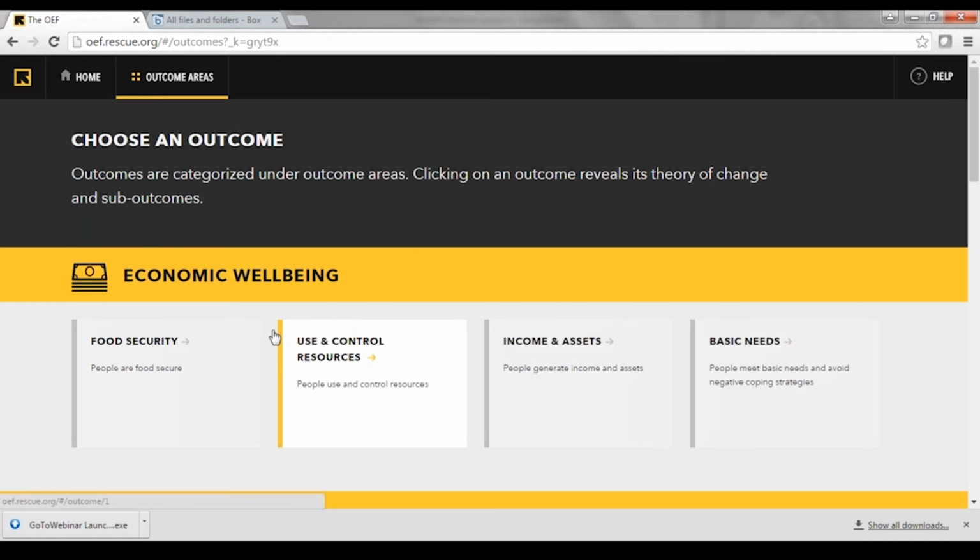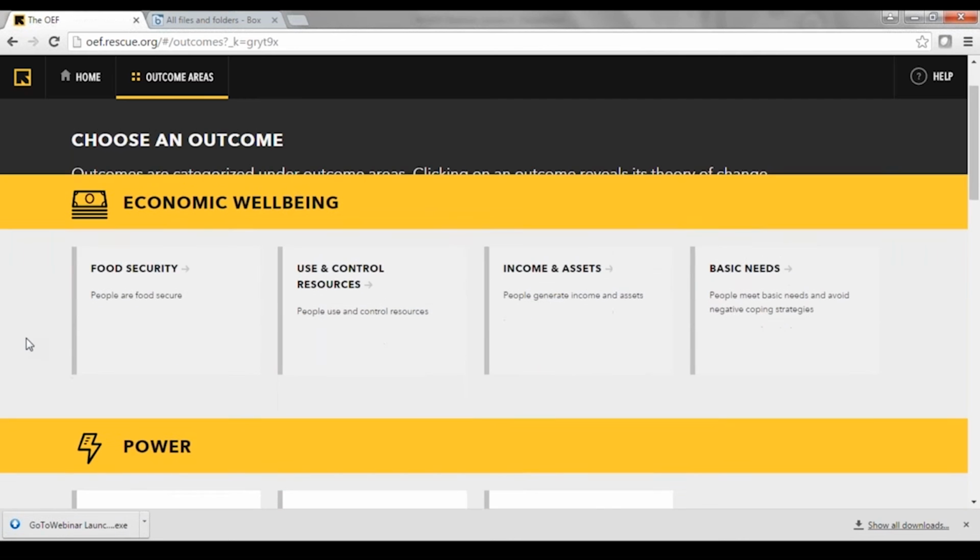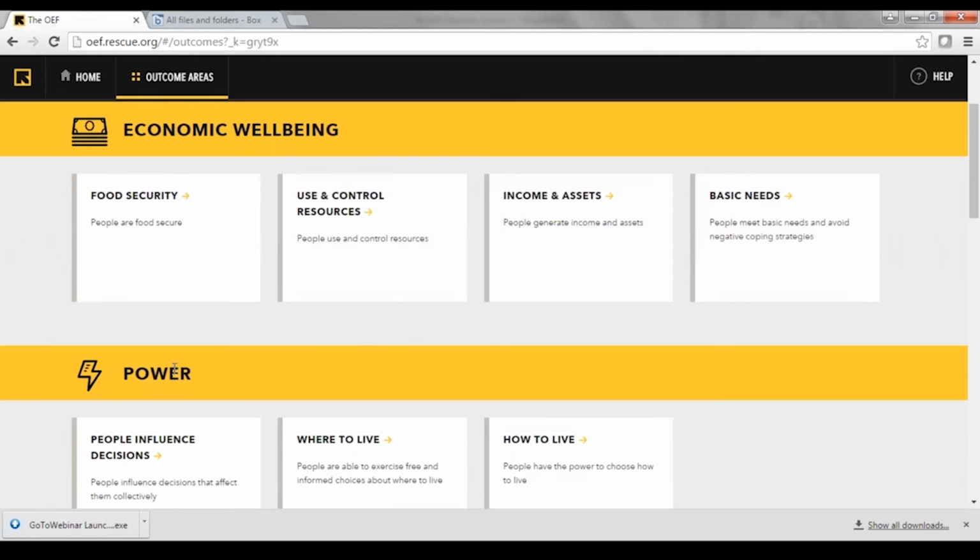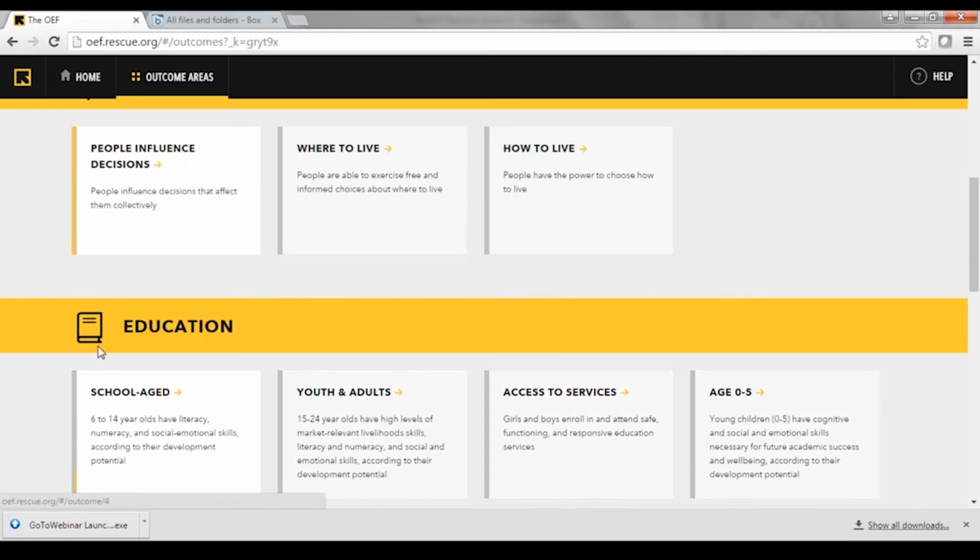So upon entering the Outcomes and Evidence Framework, we'll notice these broad outcome areas: economic well-being, power, and education. So the outcome area, again, is synonymous with sector, right? But let's say that in particular, this field coordinator is interested in this particular outcome, which is achieving an outcome for school-age children. So school-age children have literacy, numeracy, and social emotional skills according to their development potential. So if I click on that,